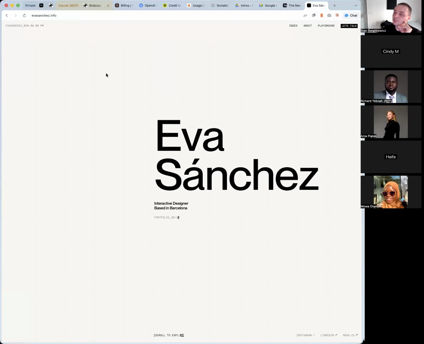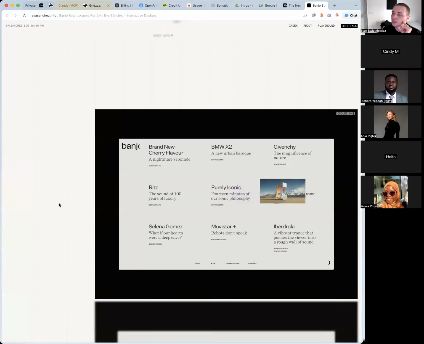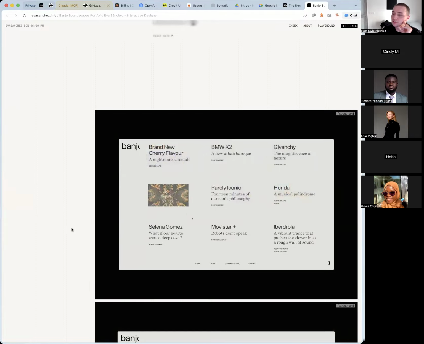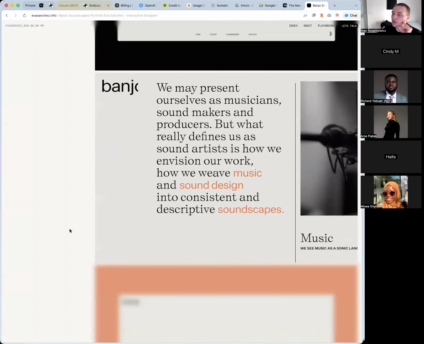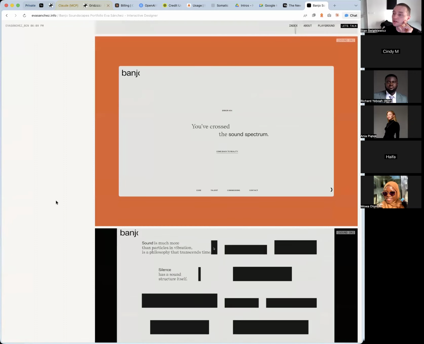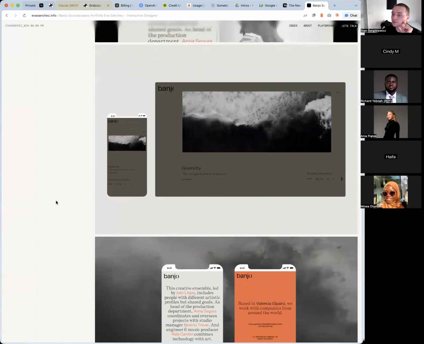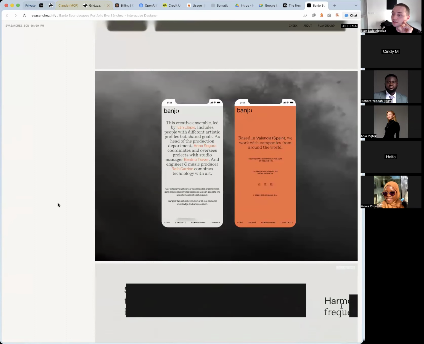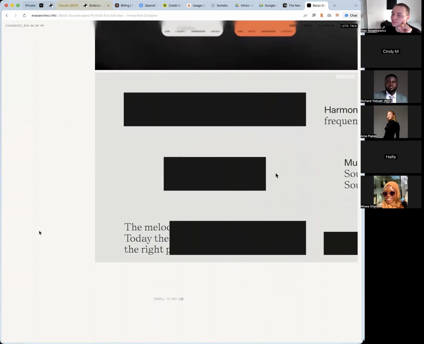Well, we look at Eva's portfolio. Look, you enter. This is Eva Sanchez, interaction designer based in Barcelona, blah blah blah. And we open one case of hers, and it's just beautiful animations and pictures, and there is not a single word about the process because it doesn't matter. Over here, what matters is that it's beautiful and that it's handcrafted. Look at it. Come on. It's beautiful, right? You don't need to explain anything over here.